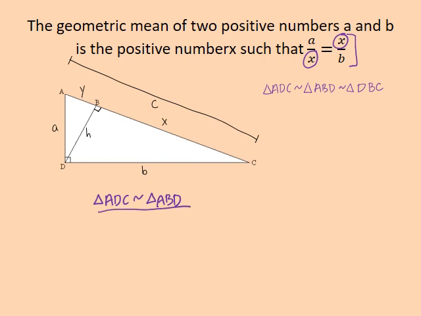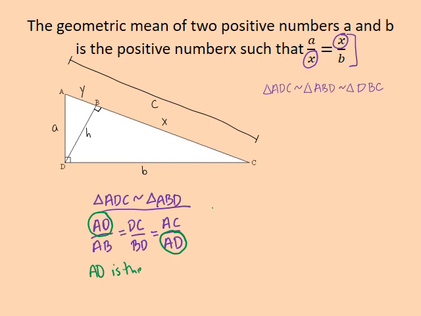So the proportionality statement is AD divided by AB equals DC divided by BD, which equals AC divided by AD. Now, when we look at this proportionality statement, we discover that AD, which is up here and here, occurs twice in our diagram, which means that AD